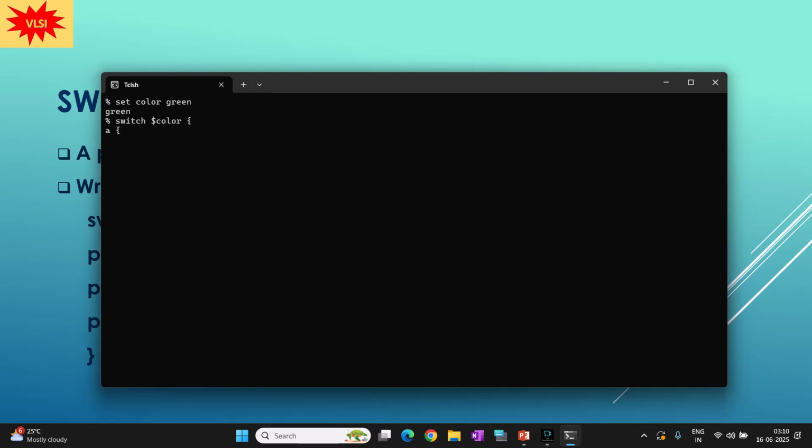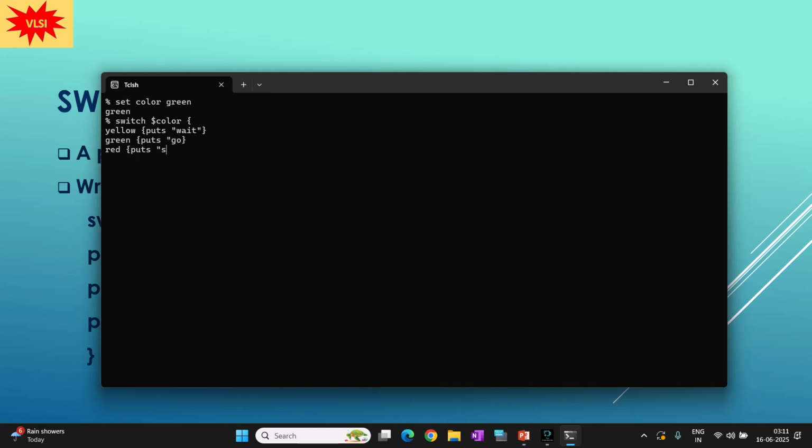I'll write yellow here first. Let's go with yellow. Puts wait. Green: puts go. Red: